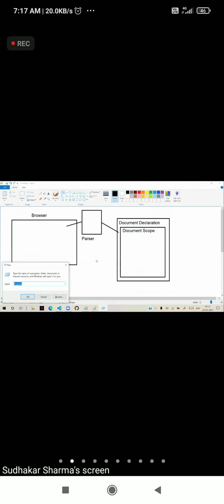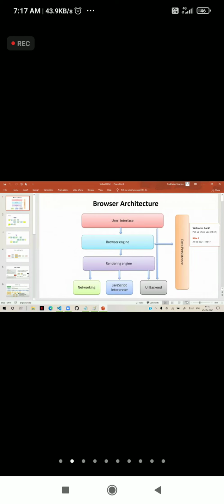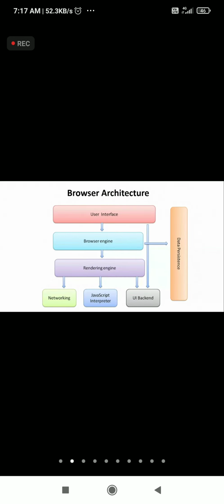Already I showed you one architecture diagram of how a browser actually works. This is the browser architecture. You usually have a browser engine and a rendering engine. In detail, you will get to understand some more points. These engines are responsible for processing whatever code you have written.